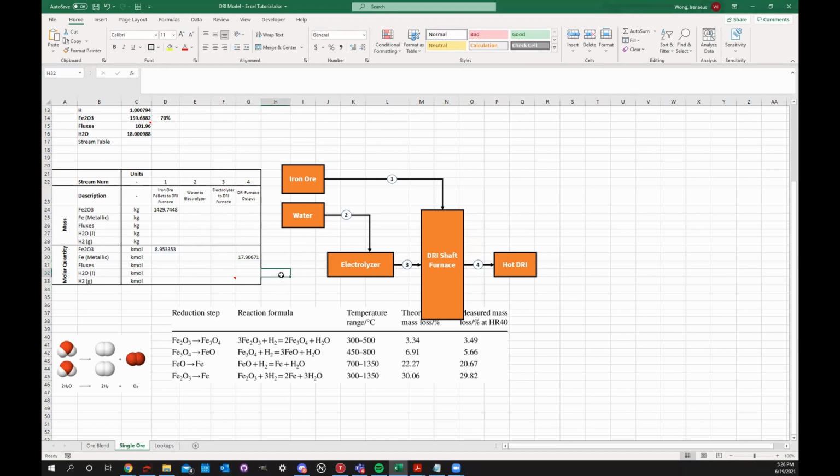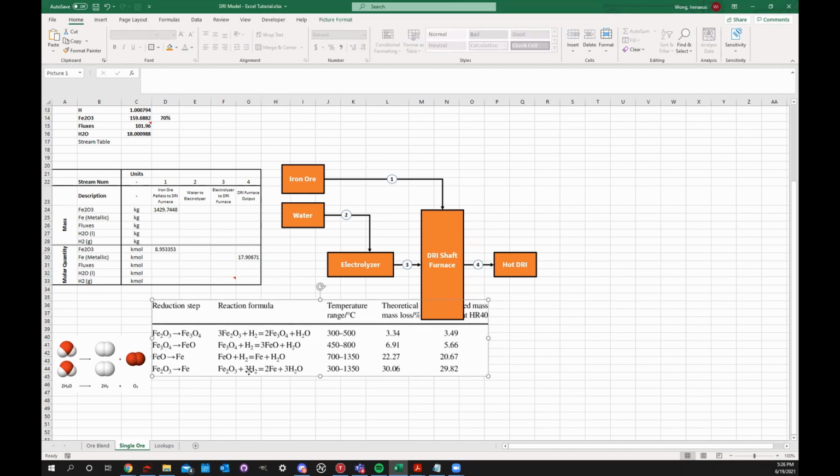If that doesn't make sense, feel free to message in the chat and I'll explain further. But regardless, it's quite simple. The next thing is going to be hydrogen, because you don't want to know the output water. We want to know how much water is input to create that hydrogen. So the first thing now, we know it takes 3 hydrogen moles in order to react with 1 mole of